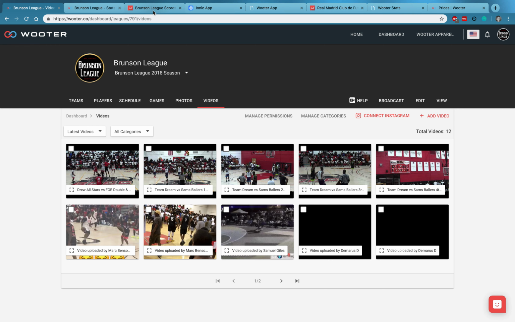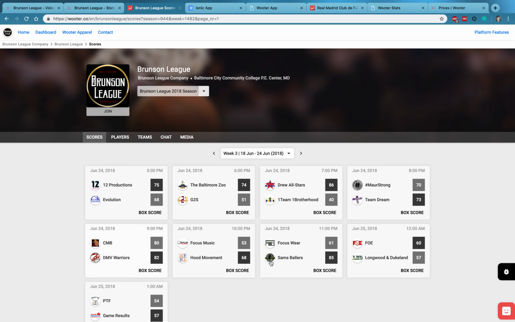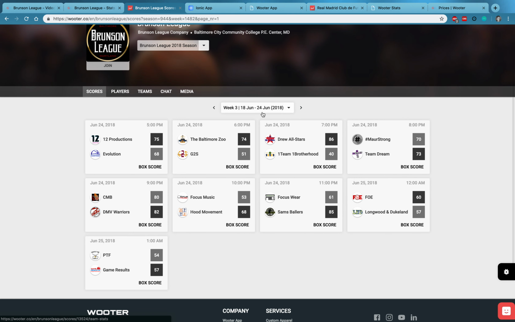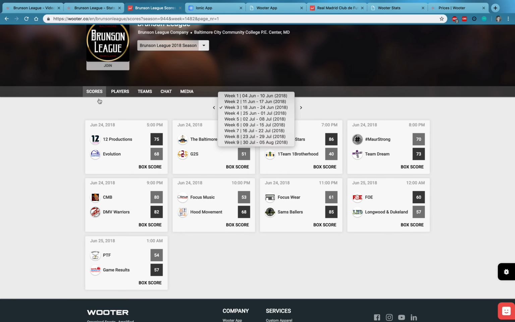We can go and see how it looks in our league, in our website. So this is how it looks for the users to see the league. This is what they will see. Here they will see on the first tab, they will see the scores, which is basically the calendar. They will see all the weeks that they have games, and for each week, they will see all the games. So for this game, we can go inside,